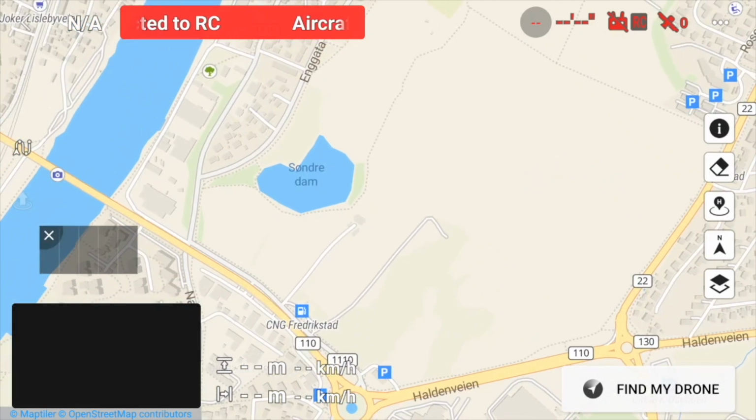I choose this. Then you push the waypoint button on the left side.